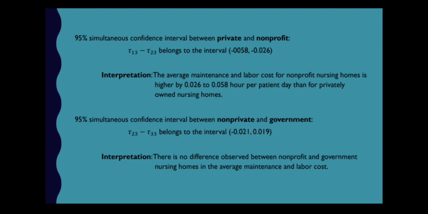What we can say is, from there we can directly say there is no significant difference between non-profit and government nursing home in the average maintenance labour cost. So we cannot interpret the confidence interval because there is no significant difference between these two populations